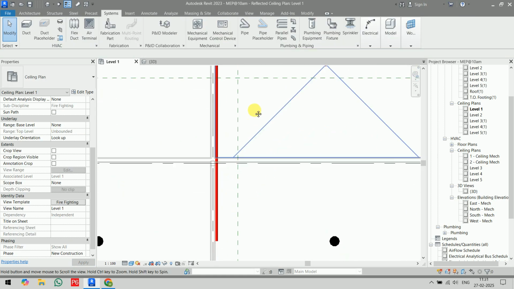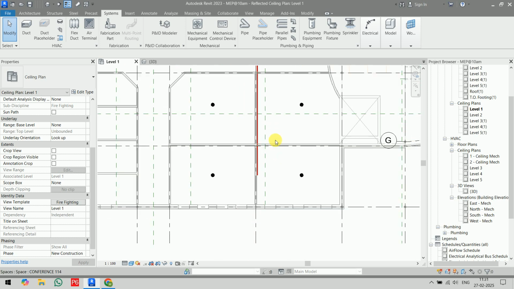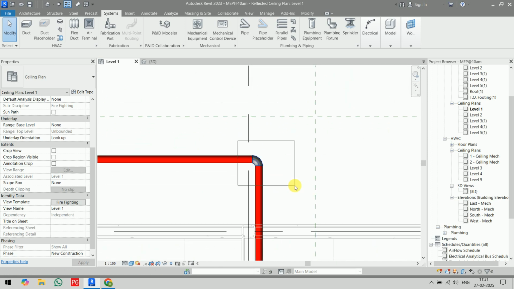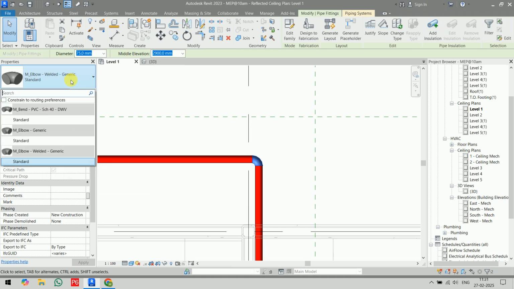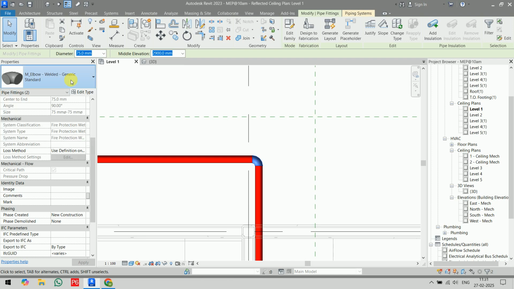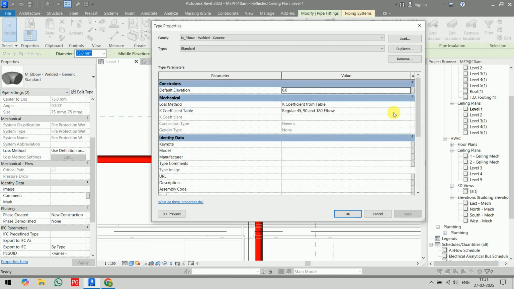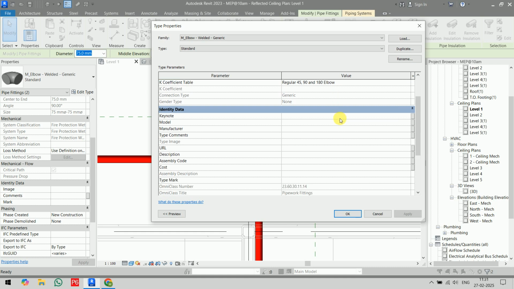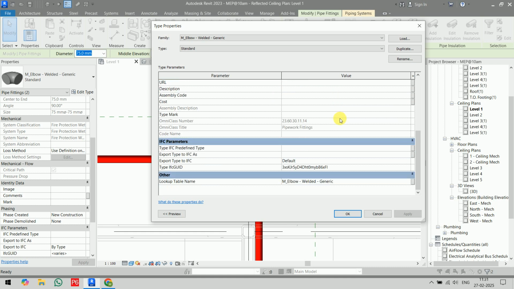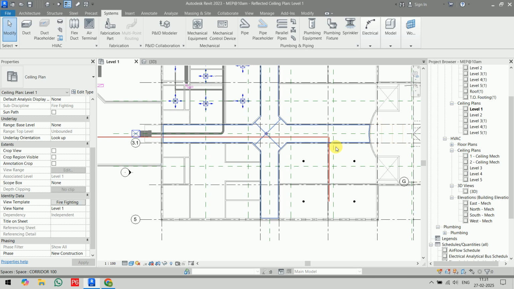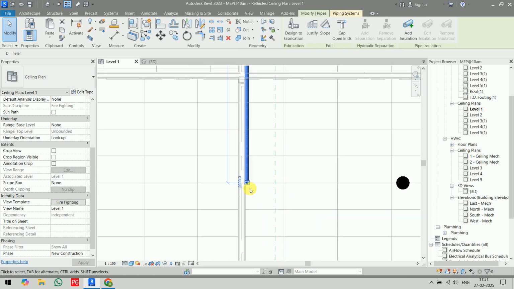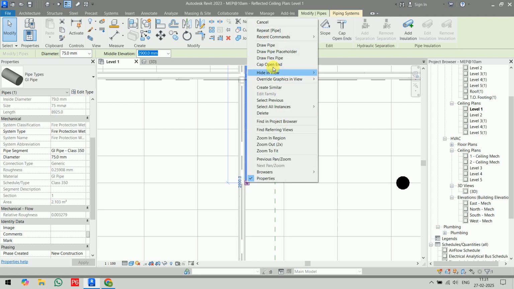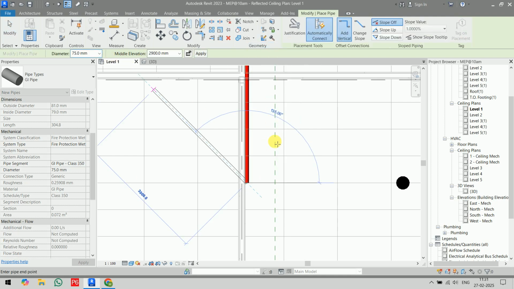Accordingly you can select. This will be highlighted. Similarly we can go on with the fittings families, but first we will connect this one, 75 mm. Draw pipe,